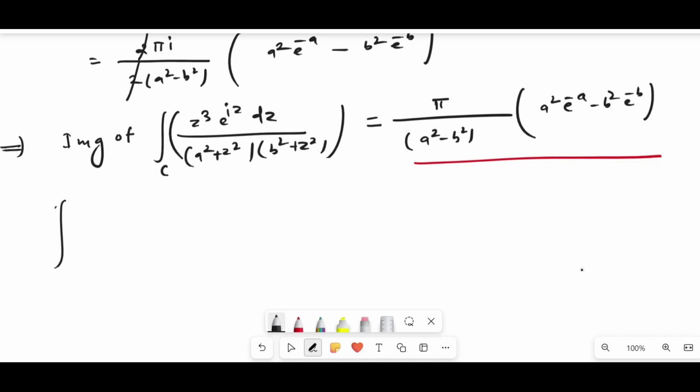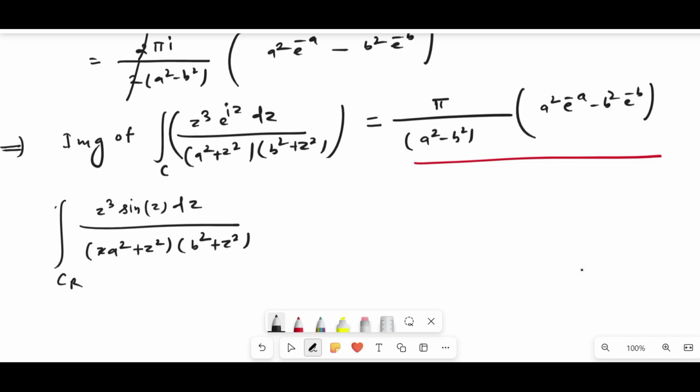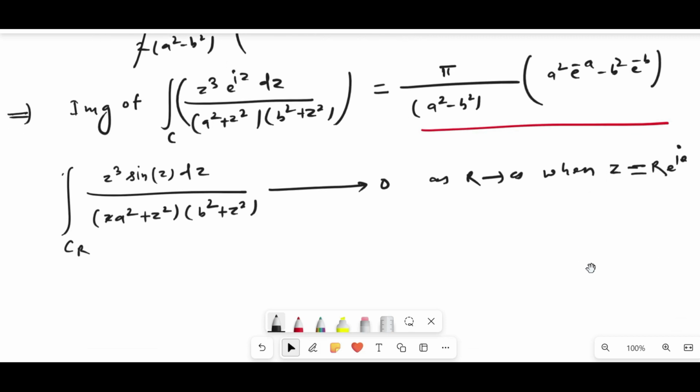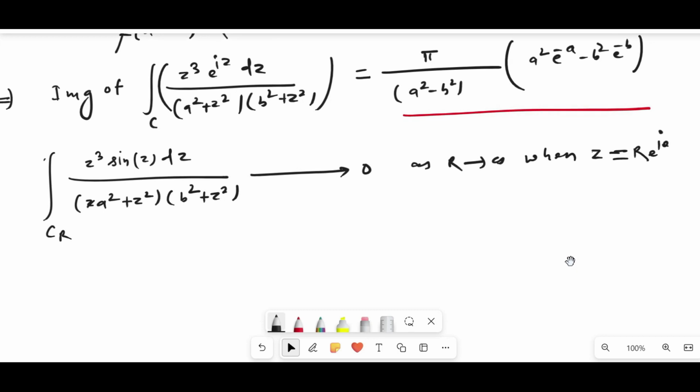we can write directly the value of the integral over the curve C having radius r, z to the power 3 sin z dz over (a squared plus z squared)(b squared plus z squared) will give tending to 0 as r tending to infinity, when we put the value of z equal to r e to the power of i theta. So therefore